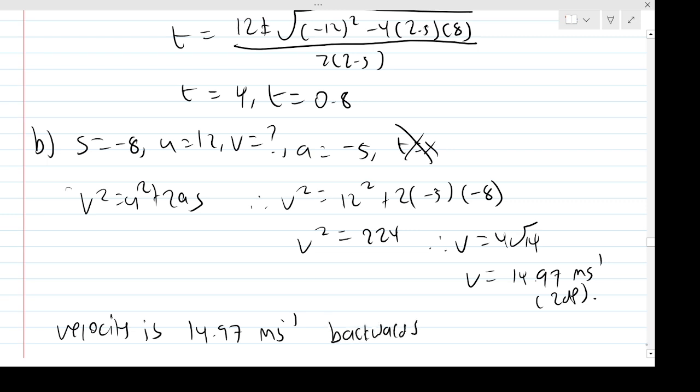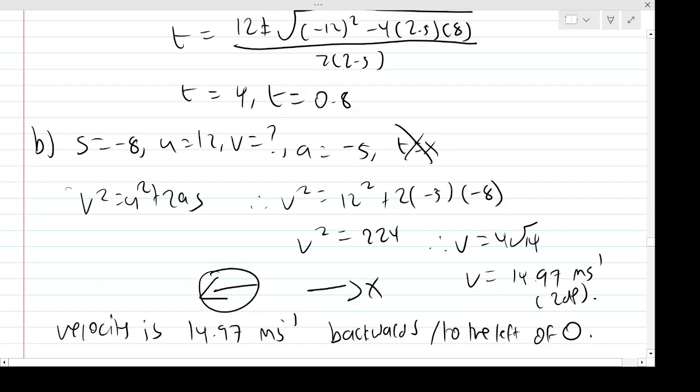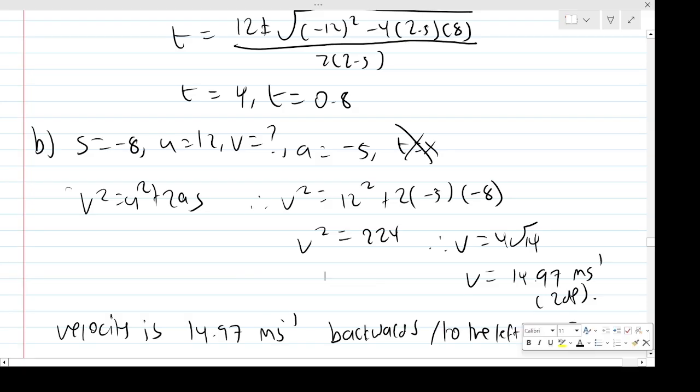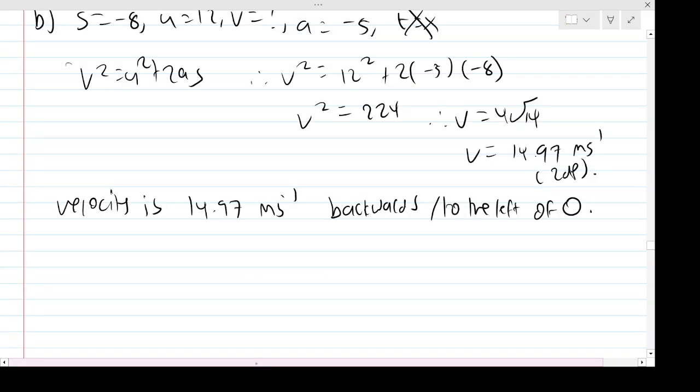Or to the left of O, okay? Make that distinction about the direction. So this speed, I'm saying it's speeding and moving backwards to the left. It's not moving to the right, it's moving to the left, okay? So I'm specifying the direction of the speed, okay? Or you could just say the velocity